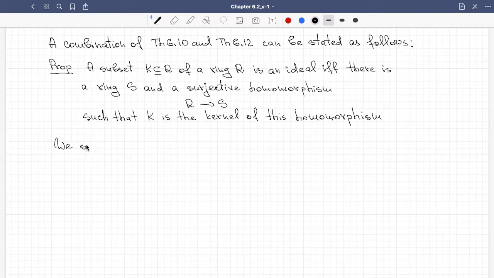We started with a ring R and an ideal I in R,